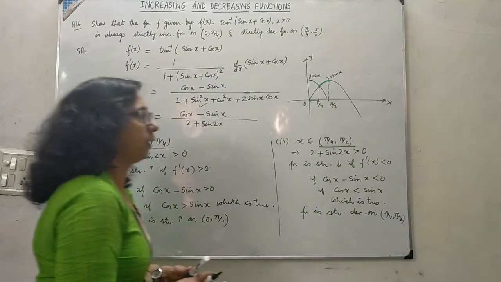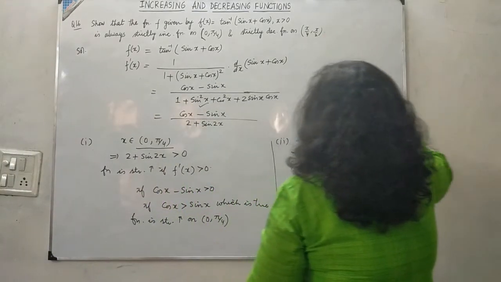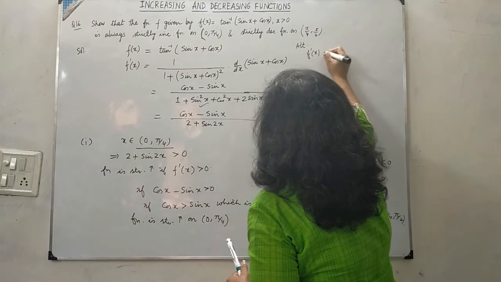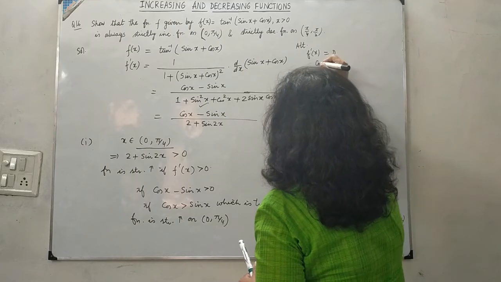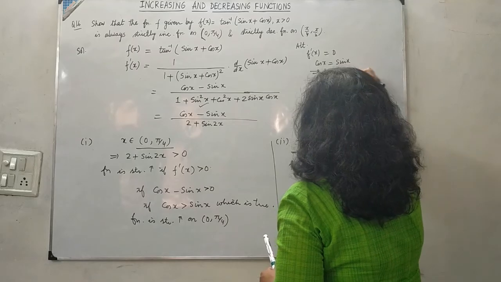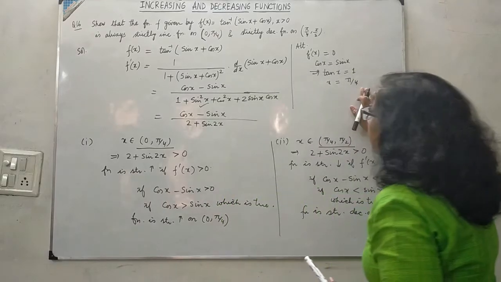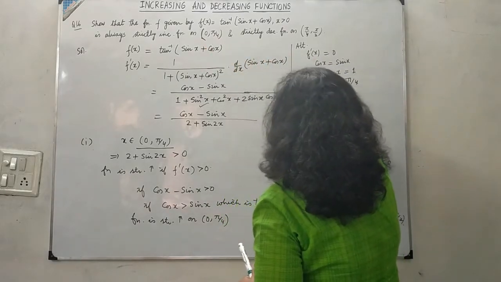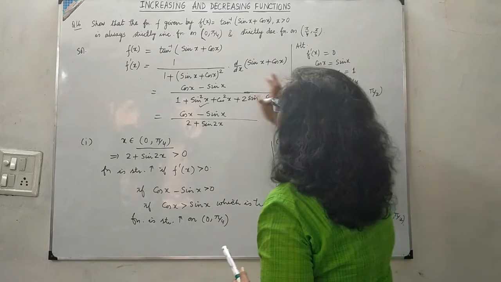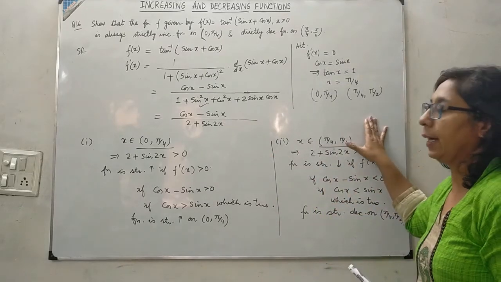You can do the question in an alternate way as well. If I want to take the critical point, I will take, just for a minute, f dash x equal to 0. The denominator can't be 0, so we have cos x equal to sin x, that means tan x becomes 1, so we have x equal to pi by 4 for this interval. After that we have two subintervals, 0 to pi by 4 and pi by 4 to pi by 2, and we have to check the sign of f dash x. Again the same way we can check and get the answer.